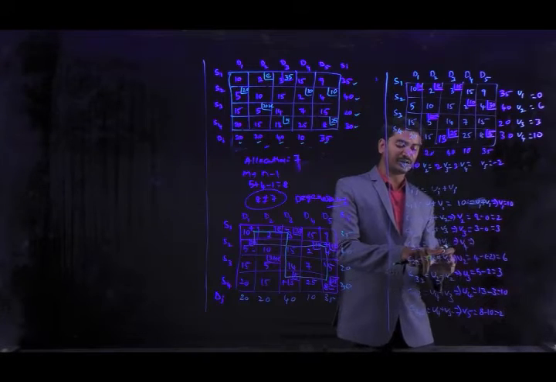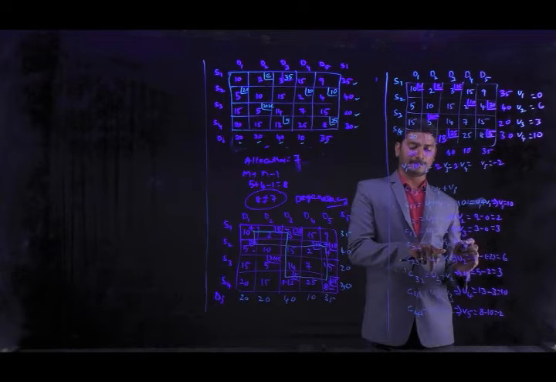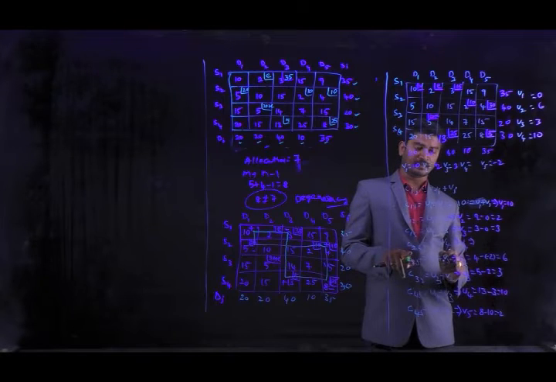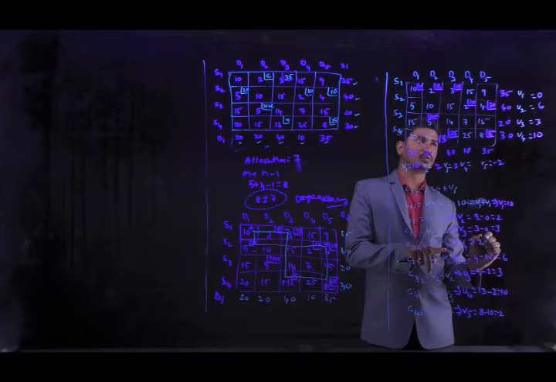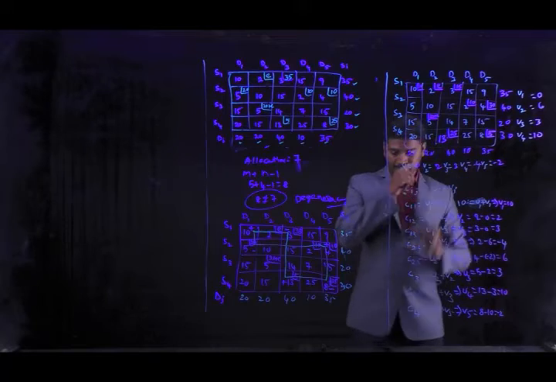From this, we are going to get V4. C24 is 2 minus U2, which is 6. From this, we are going to get minus 4. These are the shadow prices.